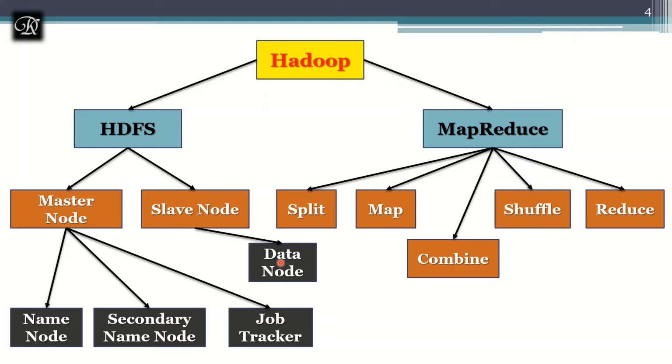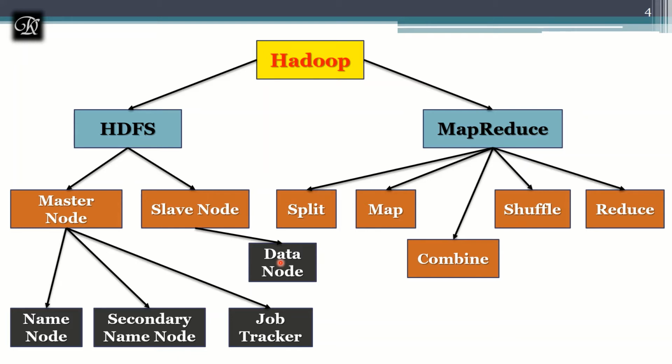The job of RAM, again from computer organization and advanced computer architecture: what is the main role of RAM? To bring that data into RAM and process it, we need a huge RAM on the data node along with huge secondary memory. Again, to compute such huge data, we need high computational power. That's why I call this a weird architecture, where masters have a lower configuration compared to slaves.